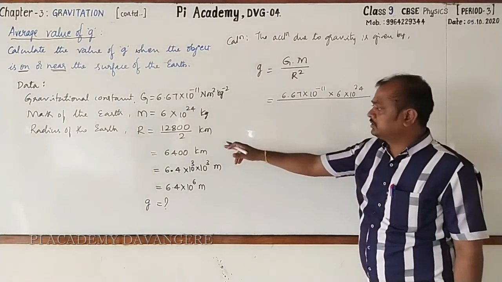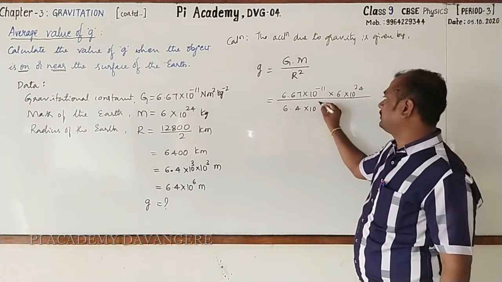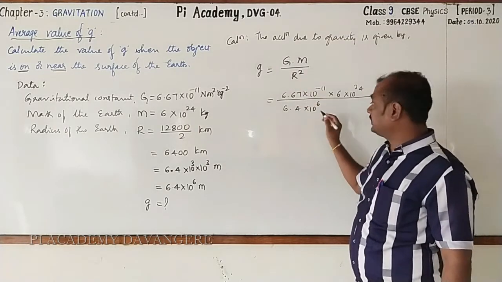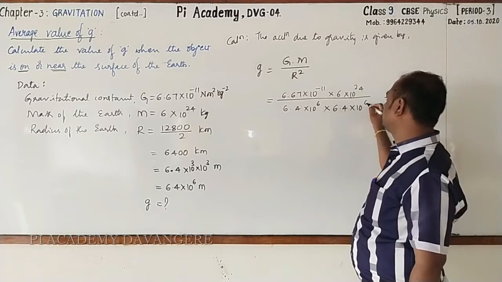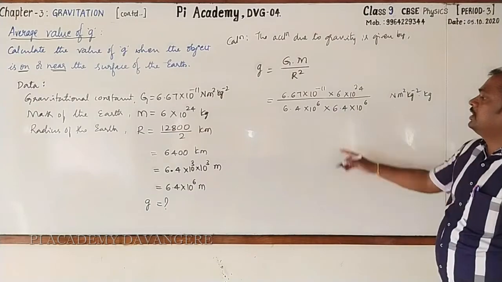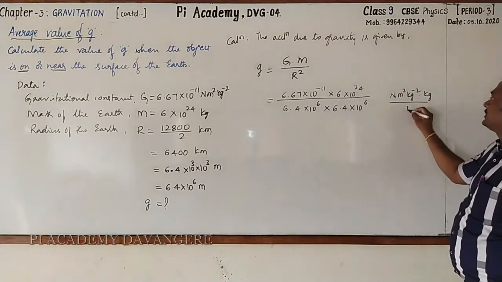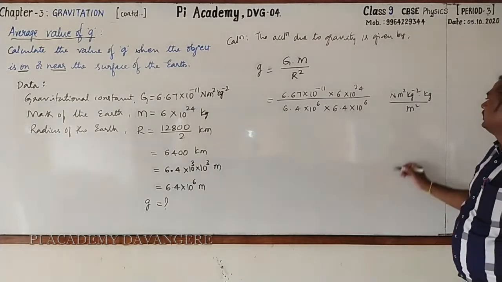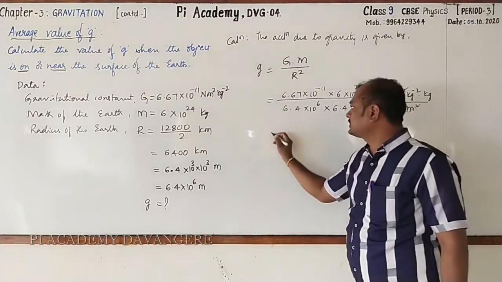R is, what is that? It is 6.4 × 10^6 m. Square is there, hence I will write again one more time 6.4 × 10^6, and its unit is meter. I will write it as meter square. Then here meter square gets cancelled, which is equal to,